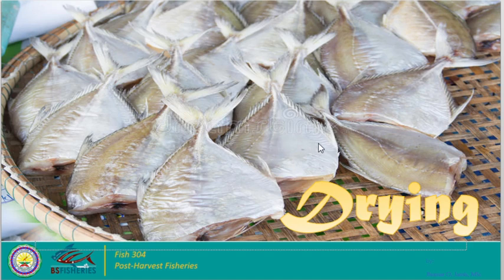Now, when it reaches this point, this level, what we call the critical moisture content, there will come a time when it reaches the second phase, where the removal of moisture content is more gradual. We call that the falling rate period in the phase of drying. In the falling rate period, there are more barriers that prevent the movement of water to the surface. The rate of drying continues to decrease and becomes negligibly small as the water content of the fish muscles approaches an equilibrium value.